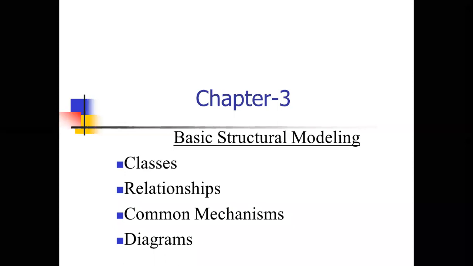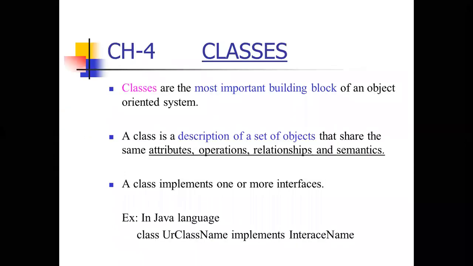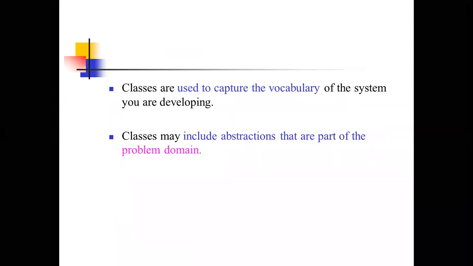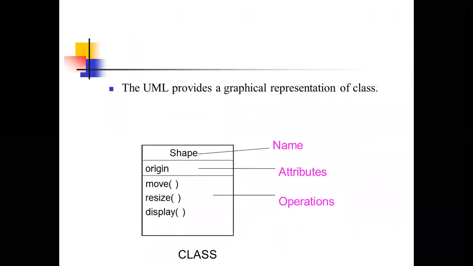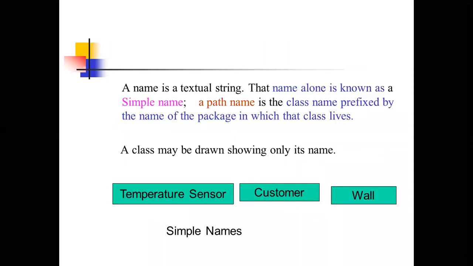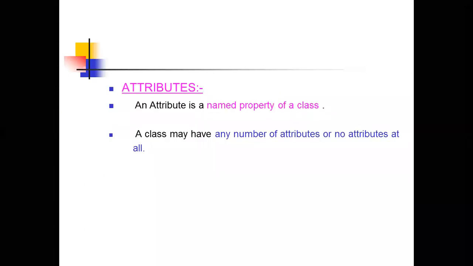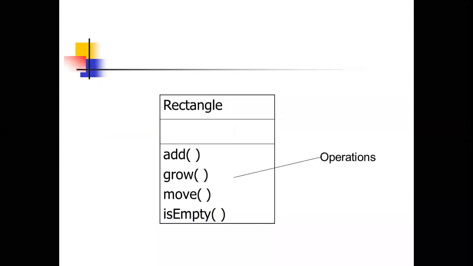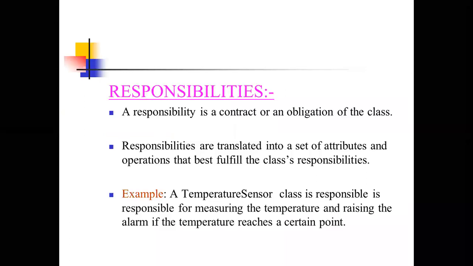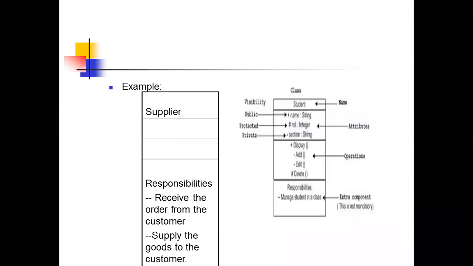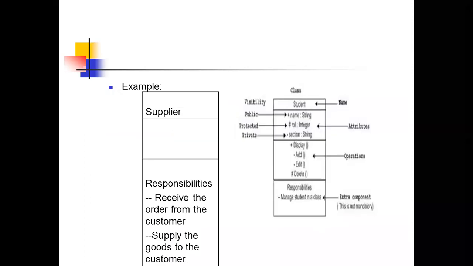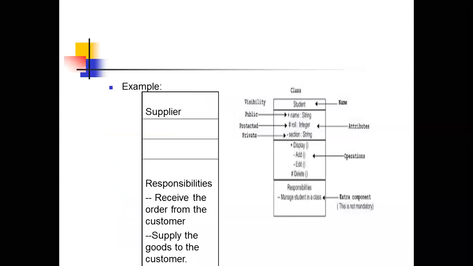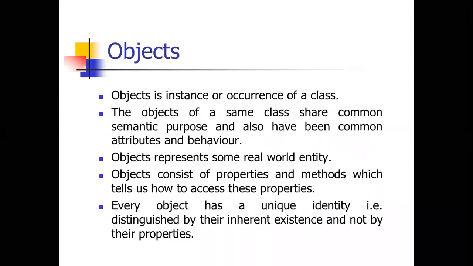Okay, so today we are going to see about objects. Here we have seen about classes, then examples, what is class, then graphical representation of class. Then we have seen what is attributes, what is class operations. We have seen the examples of attributes and classes. We have seen the responsibilities of that class. We have seen the visibility for that class, that is public, private, and protected. So today we are going to continue with this session. We are going to see about objects.